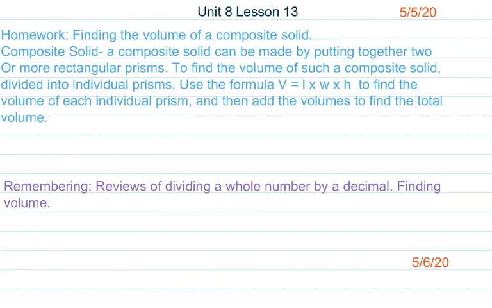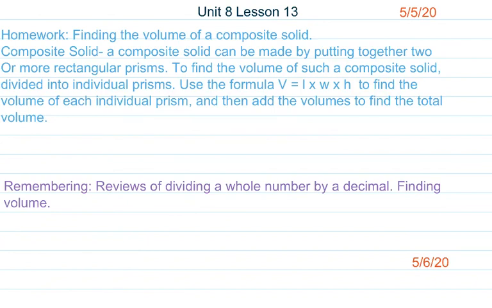A composite solid is a solid that can be made by putting together two or more rectangular prisms. To find the volume of such a composite solid, you want to divide it into individual prisms. So you can use the formula volume is equal to length times width times height to find the volume of each individual prism, and then you can add the volumes together to find the total volume of that composite